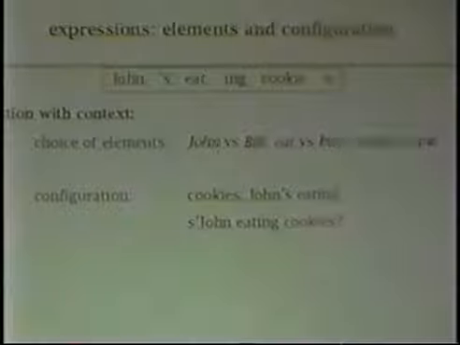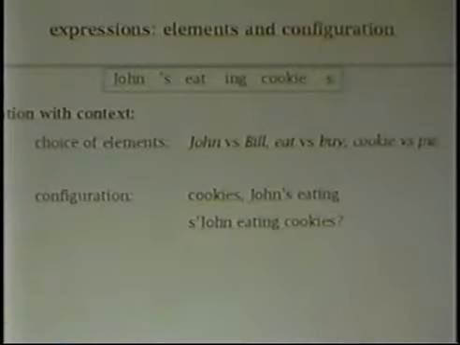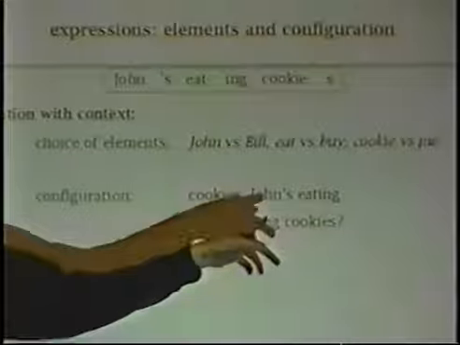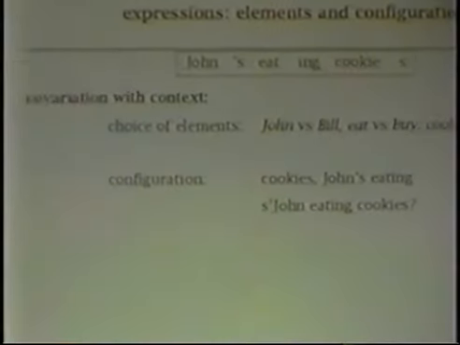Also, the elements can be ordered in different ways, and the orders sometimes, in fact often, have different meanings. So you can say "cookies John's eating" or "is John eating cookies," where the "is" is still almost completely reduced. And so configuration is relevant. So you not only hear the different configurations, but in a particular setting, you could imagine the learner reasoning about